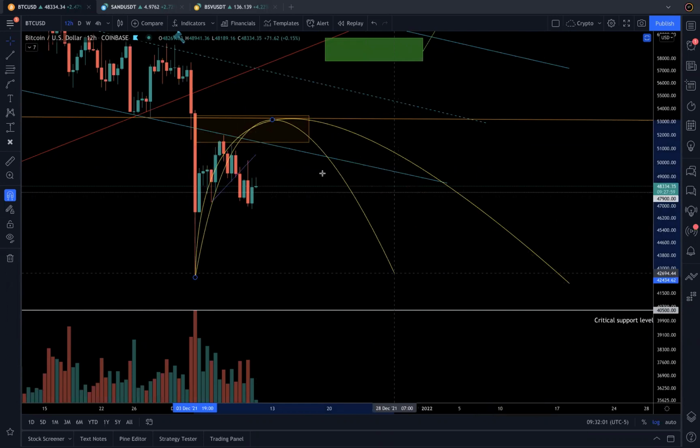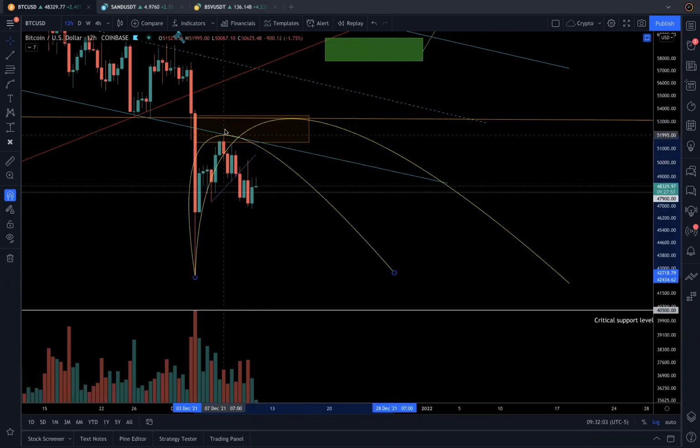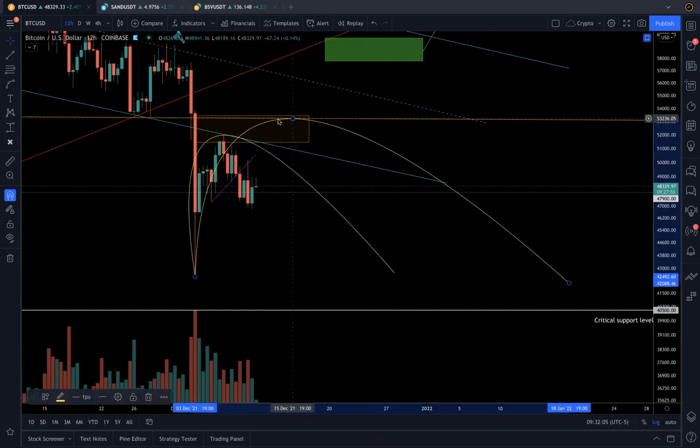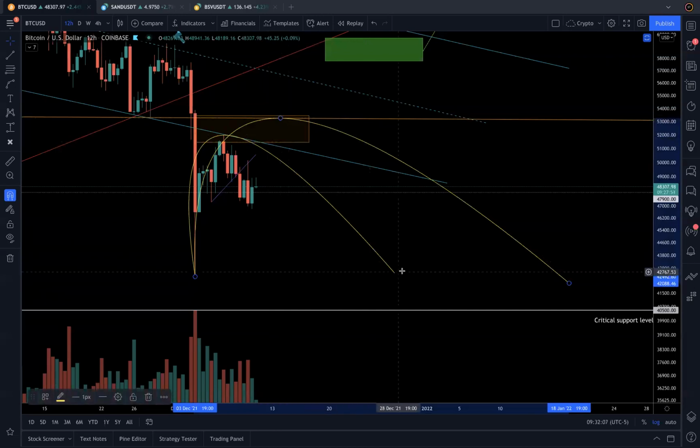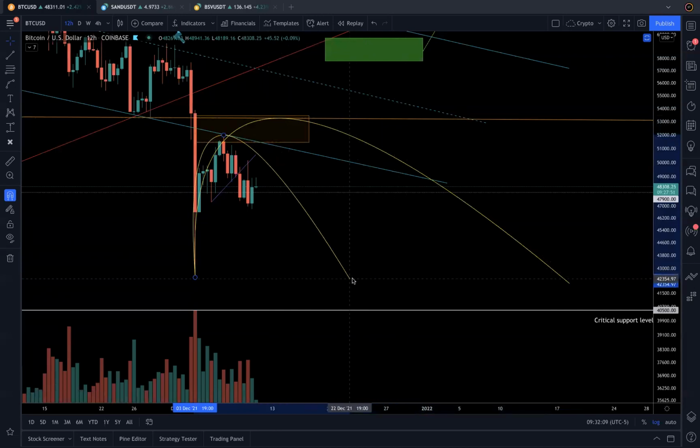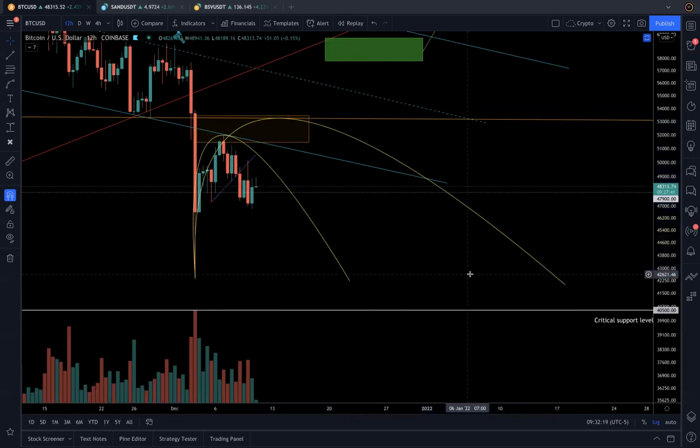this could be like this also. Now we can say this could actually correct earlier than we thought, right? And if this goes up all the way, it could again come down. So we can keep this too for now.